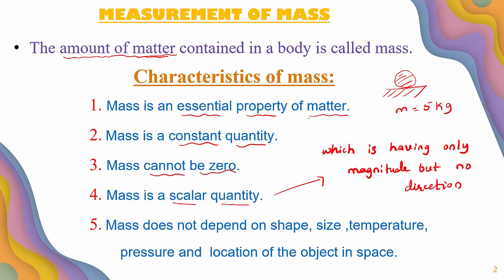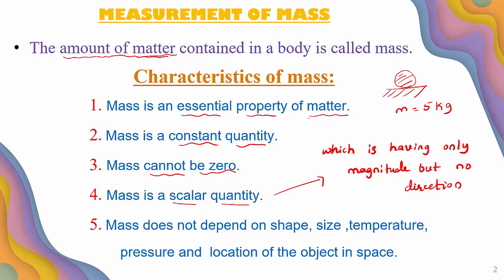For example, I can say time. Time is a scalar quantity because when we are talking about time, we are going to express only in terms of number. 9 a.m., 10 p.m. So, the time we are going to express only in terms of number. That is, it is having only magnitude. Whether the time is having any direction? If I change my direction to northward, whether the time changes? No. So time is always constant and it is a scalar quantity.